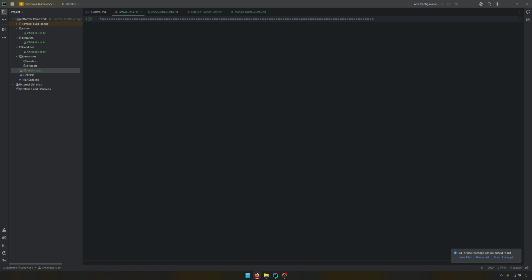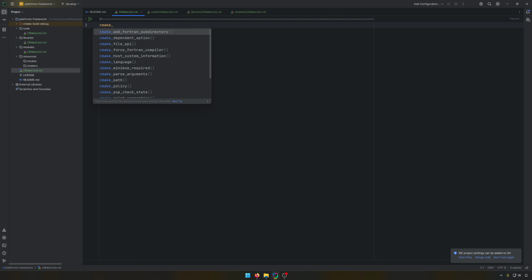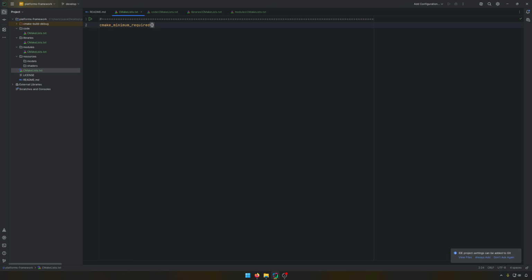Let's start with the explanation. Let's call it this way. Okay, so into my main file, this line I like to keep, so you can skip it, not a problem. First, in any CMake project, if you didn't know, you need to specify a minimum required version. So for ourselves, it will be